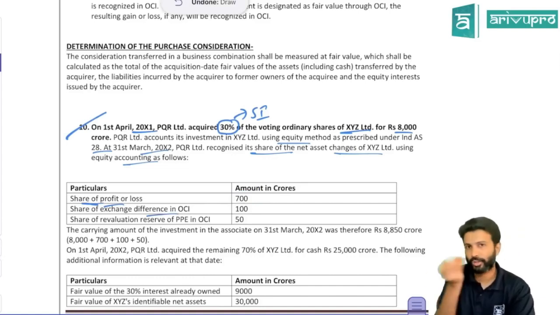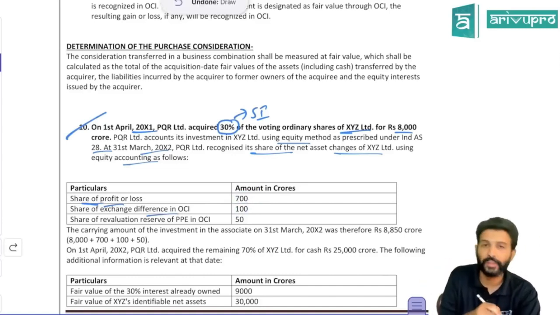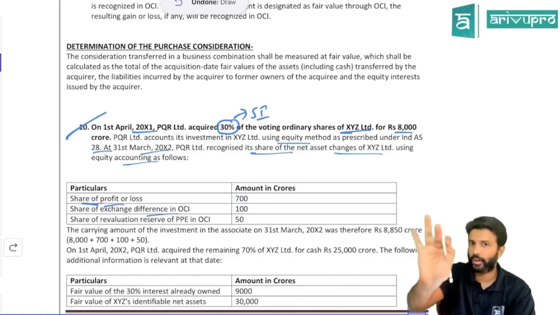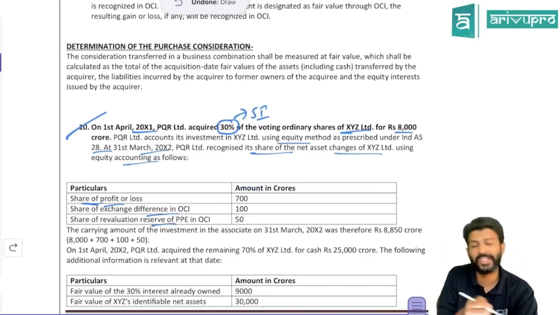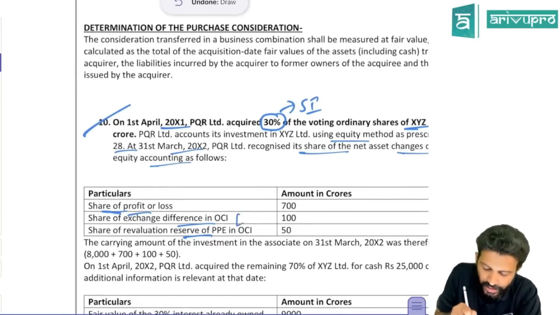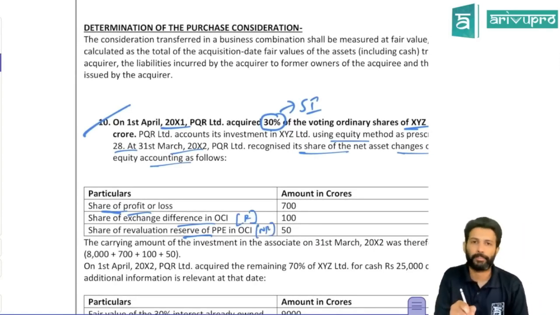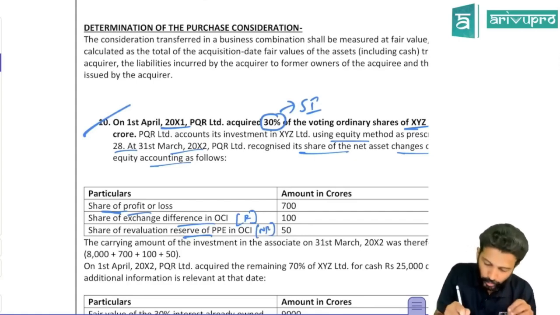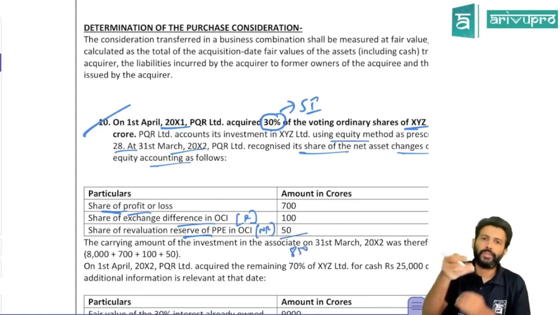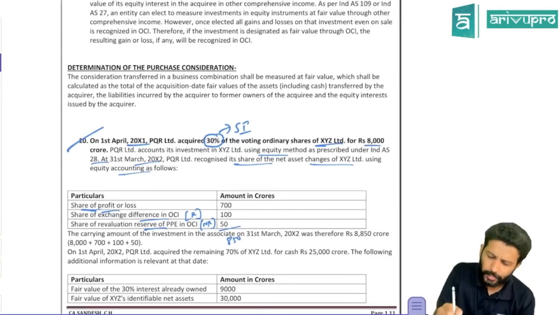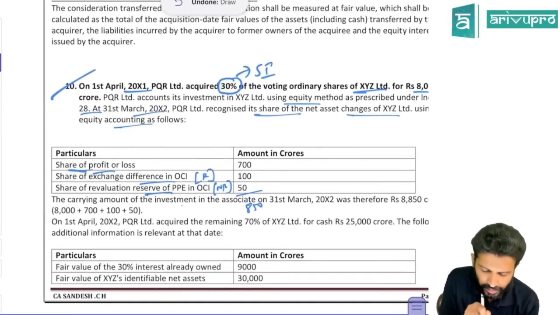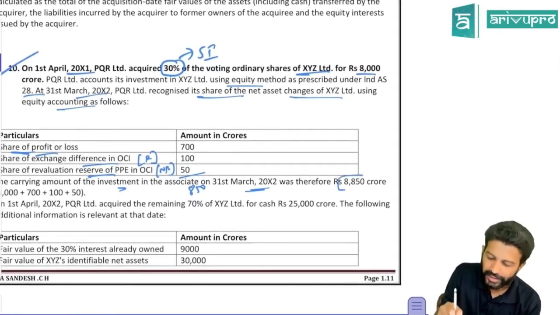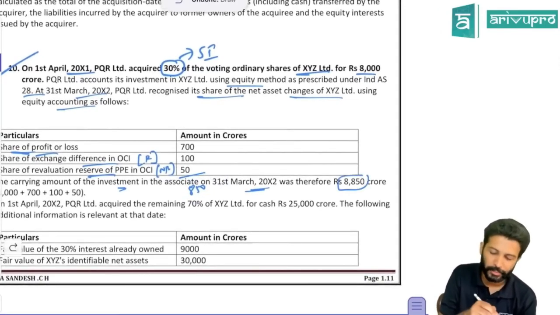Exchange difference in OCI. The associate has an OCI. Okay. So if they just say OCI, always assume it as a gain, and don't assume it as a loss. Then share of revaluation reserve is 50. So basically, exchange difference OCI is a reclassifiable OCI. Revaluation reserve is a non-reclassifiable OCI. Okay, so you need to keep that in mind. So put together, how much is this? 850. So if all these are there, the investment balance will increase. From 8,000 it will increase by 850 and become 8850. I think that's what they've given. The carrying amount of the investment at the end of the year has become 8850, because 8,000 plus this number.